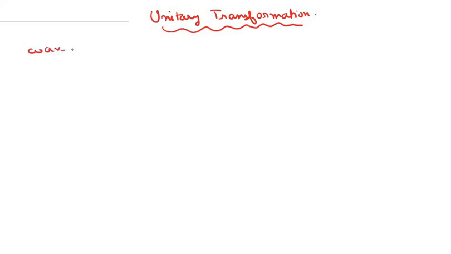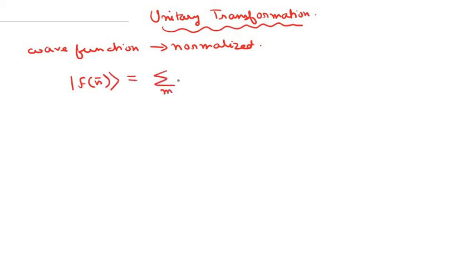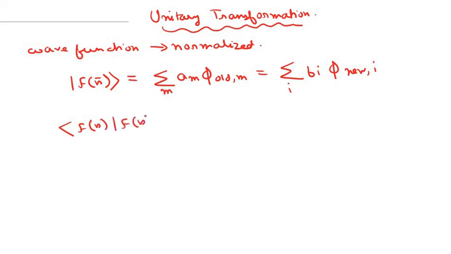Now when we transform from one basis set to another, we generally have a kind of transformation which is known as unitary transformation. Okay, so unitary transformation basically comes from the fact that wave functions need to be normalized. Whether you are using one basis set or a different basis set, the wave function should be normalized. So which basically means that if f(r) represents a wave function, and this is equal to summation over m a_m phi old m, and in the new basis set it can also be represented as summation over i b_i phi new i, then since the wave function is normalized, the inner product of f(r) with itself should be equal to 1,